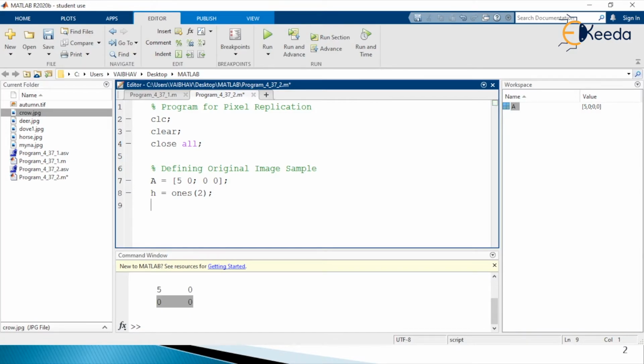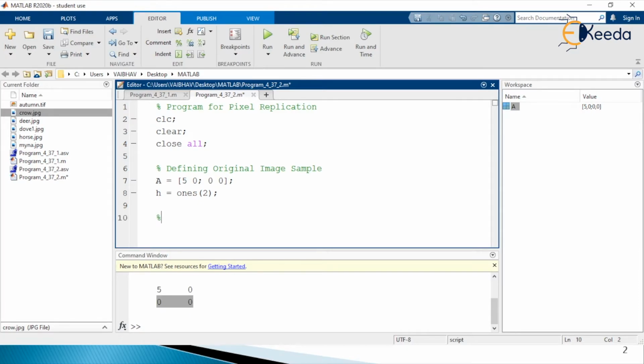Next, just mentioning a comment line for the exact operation, for demonstration of the pixel replication by the use of circular convolution, I just write performing circular convolution. For performing the circular convolution, we are going to take the help from the transformed version of the capital A, the input image, and h here.